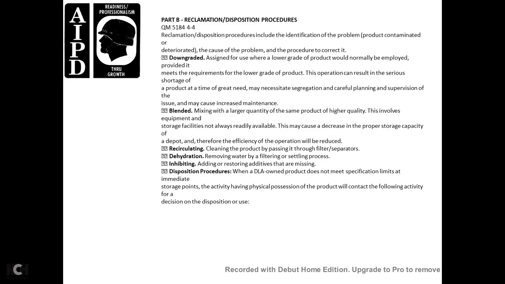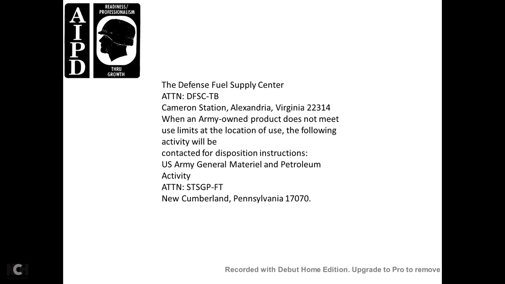Disposition procedure. If a Defense Logistics Agency owned product does not meet the specification limitation at the storage point, the activity having physical possession of the product will contact the following activity for the decision on disposition or use: Defense Fuel Supply Center, Attn DFSC-TB, Cameron Station, Alexandria, Virginia 22314. When an Army-owned product does not meet use limits at the location, contact the following activity for disposition instructions: the U.S. Army General Material and Petroleum Activity, Attn STSGP-F, New Cumberland, Pennsylvania